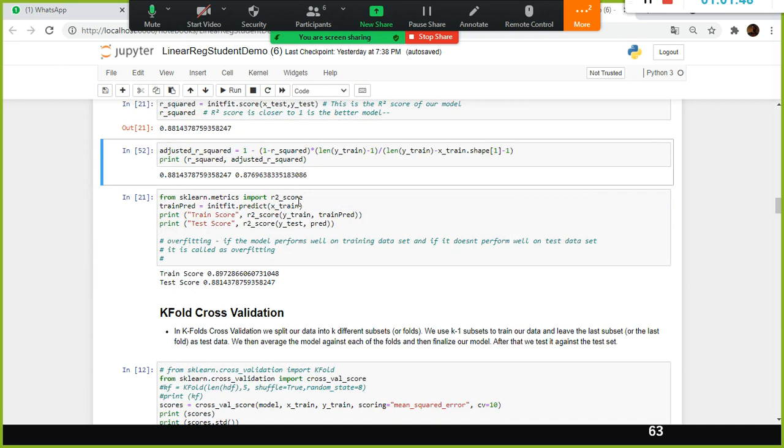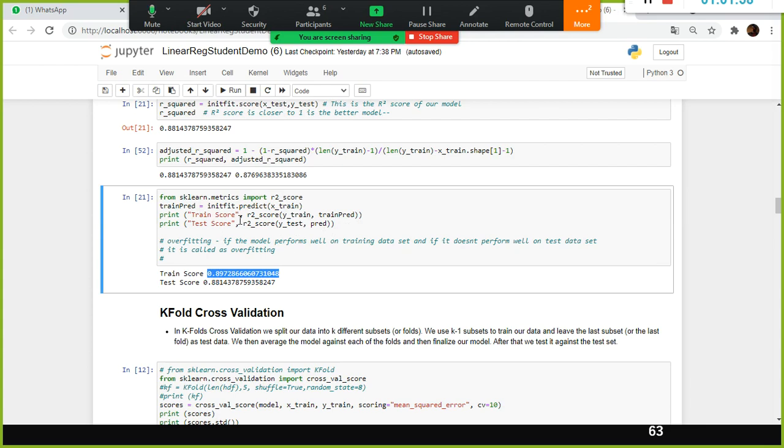And the next step is I want to check the R2 score for the training and test data sets. In this way the sklearn package is very helpful. Now what is the training data set R squared value, what is the test data set R squared value?